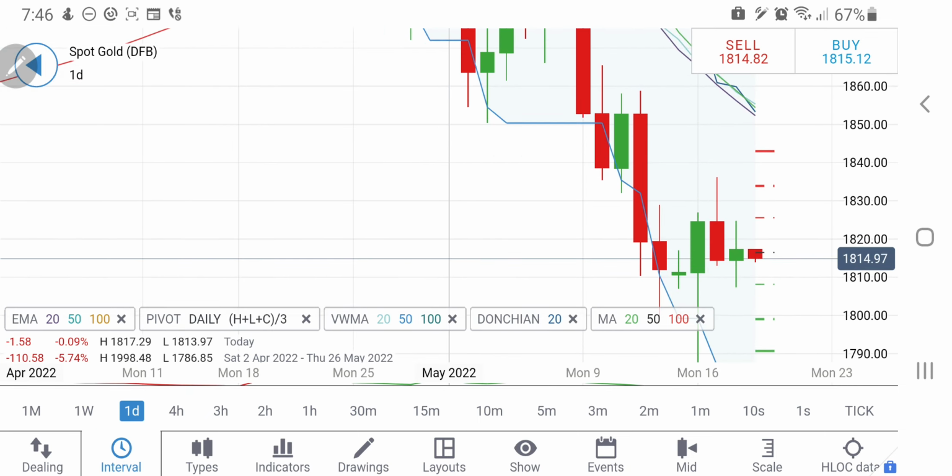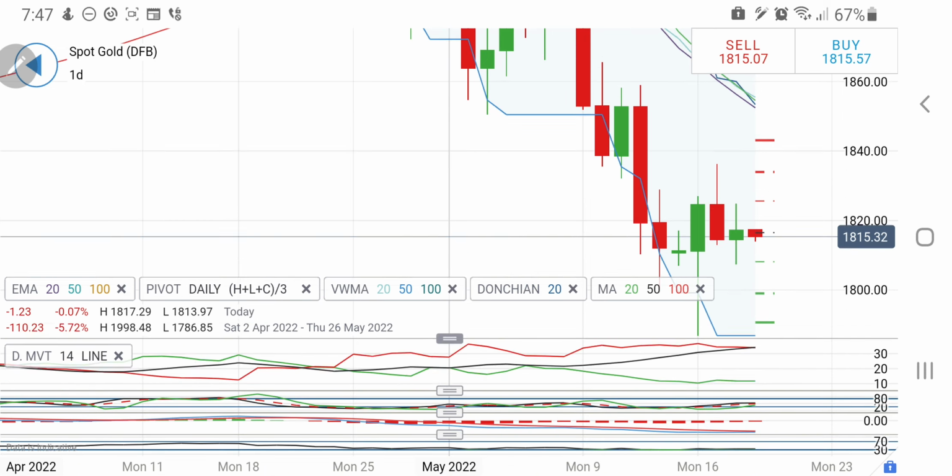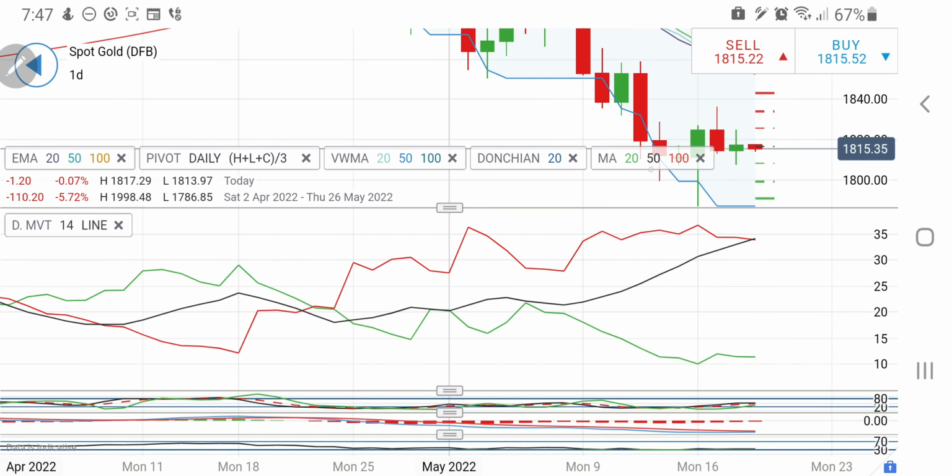On the daily charts, till the time it trades below 1818, one can expect a similar size of candle, which is almost a $10 move, and hence it can try to come back towards 1808 first support, and in fact this time it will go below 1808. The target is going to be somewhere at 1804 and 1800 levels, and below 1800 there could be a sharper drop, if not today then tomorrow probably. So you can remain short below 1818. Probably we may be looking at 1810, 1808, 1804 and below levels.